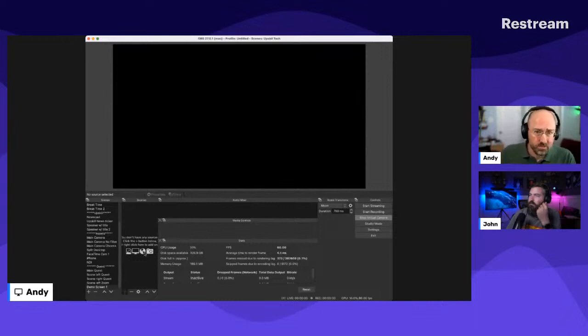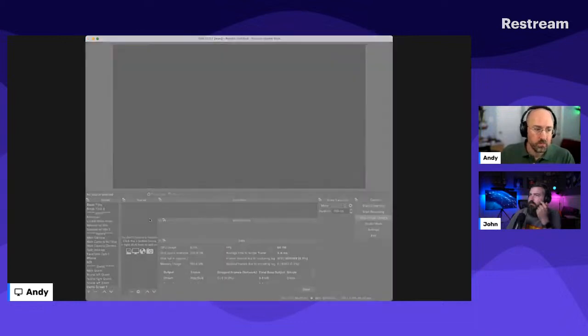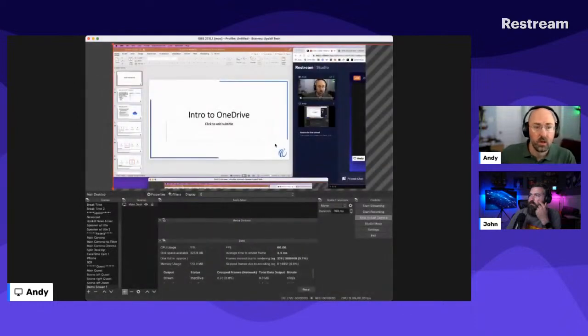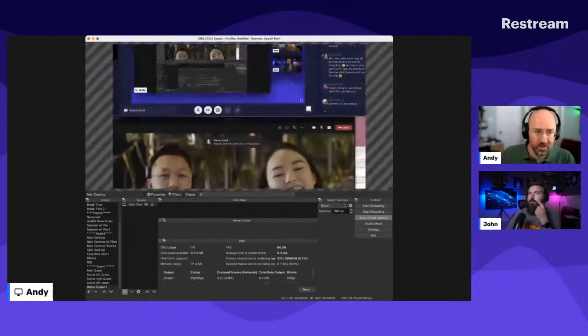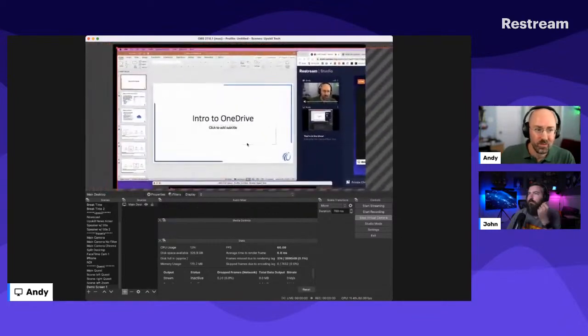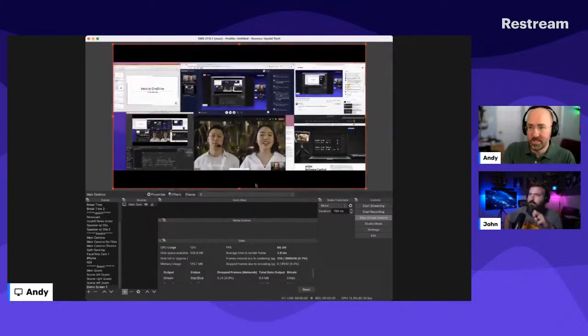And so I can go into OBS, and it doesn't show the full window, but I can go in here and say I want to bring in a display capture, and it's going to ask me, what do you want to bring in? I'm going to say I just want to bring in my main desktop, and so that brings my desktop in, and it shows me my whole desktop. Now I have a really widescreen monitor, so my desktop's really big. There's a lot going on there, but if you're familiar with transforming, you can transform and make that fit to the screen. So that's my whole desktop. That's everything that I'm actually looking at live in front of me. And then I can layer other things on top of that.